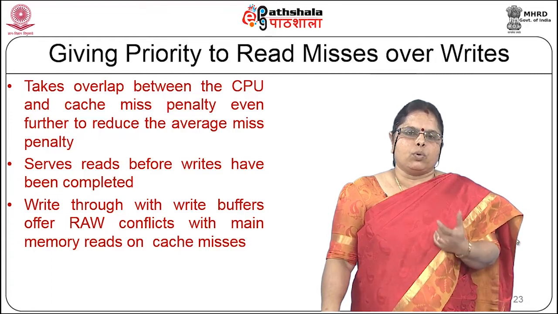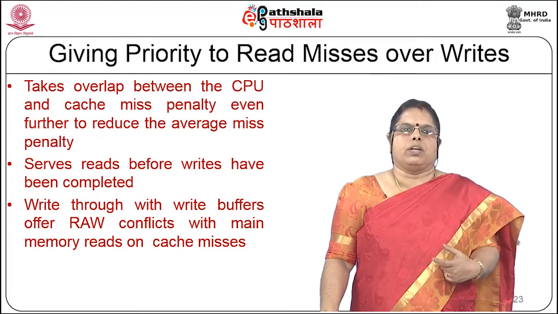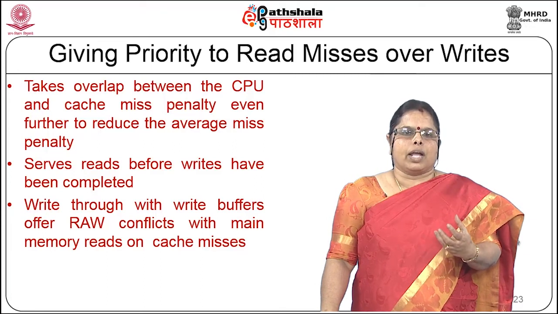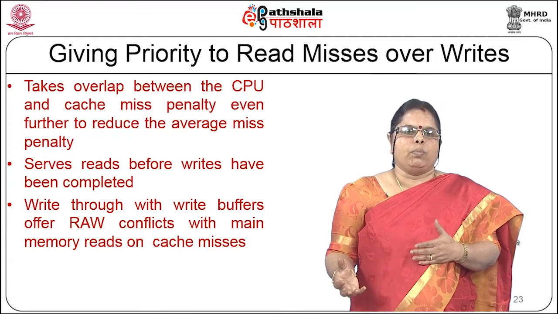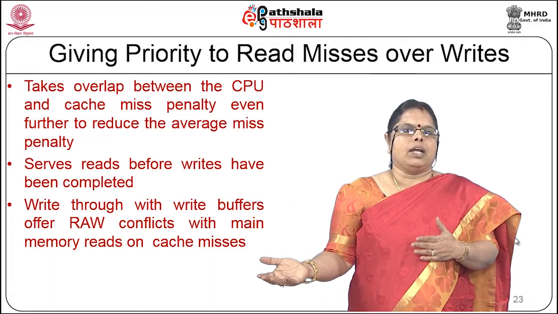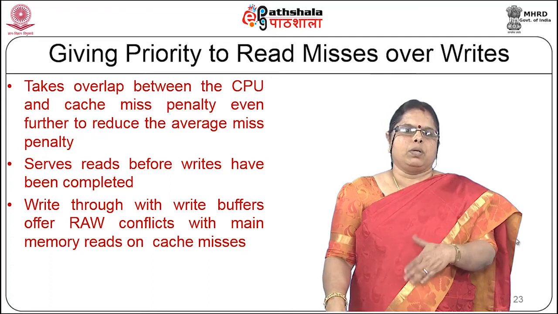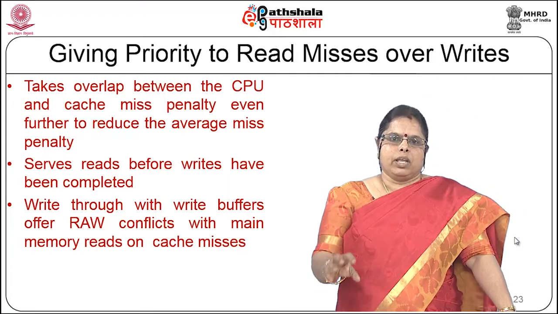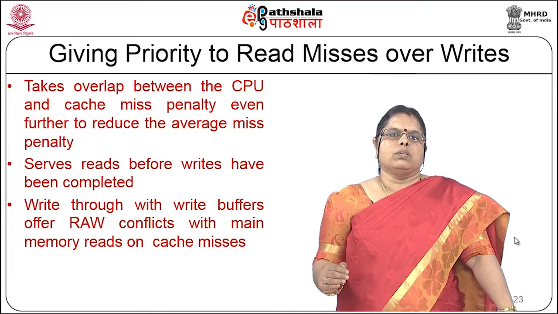Giving priority to read misses means, because the processor is getting stalled because of the read request, you give priority to the read request, which means bring in what is called a write buffer. Whatever write you have to do to main memory, you just transfer it to the write buffer. From the write buffer, it will get written onto your main memory. So, once the block has been vacated from cache and written into the write buffer, your cache is now ready to take in the next block. So, you can just do it. That is why we are saying it is giving priority to read misses over writes.